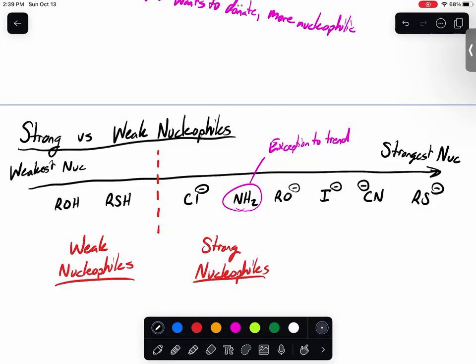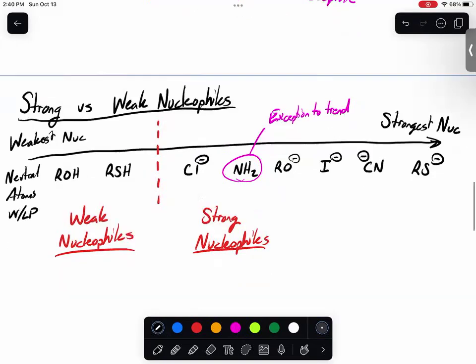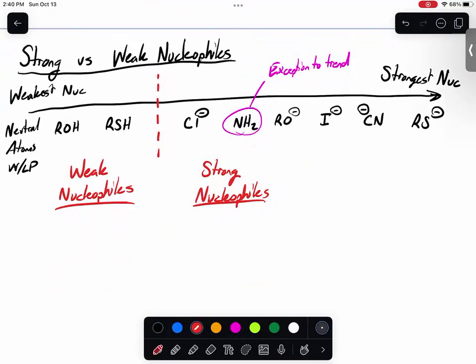They also won't give away electrons. And then realistically, any other neutral atoms with lone pairs, except for nitrogen. So notice on our side of weak nucleophiles, we always have neutral structures. Versus on the side of strong nucleophiles, almost always they're negatively charged,